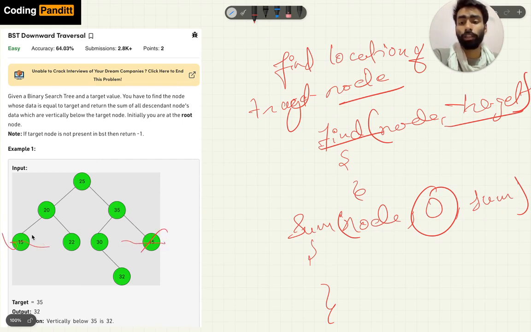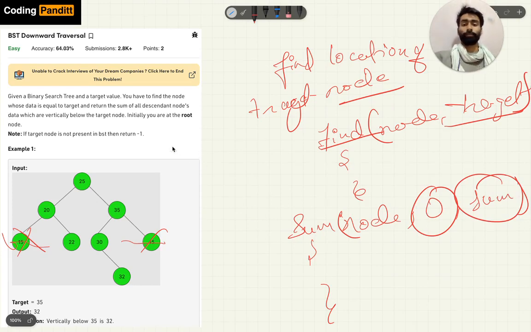To avoid the addition of these two, we decrement while going to the left child and increment while going to the right child. So finally, when we calculate all this, we will return this sum, and that will be our answer.